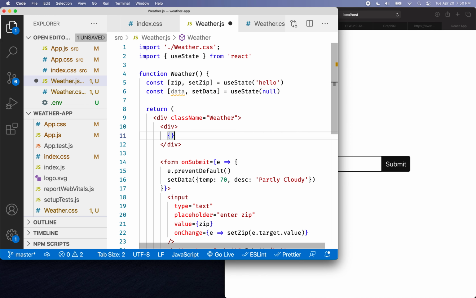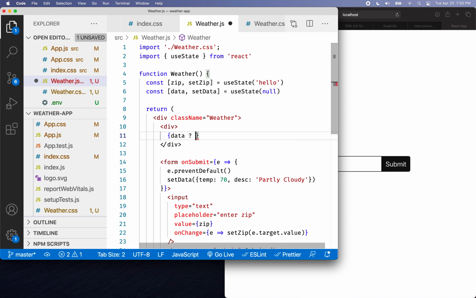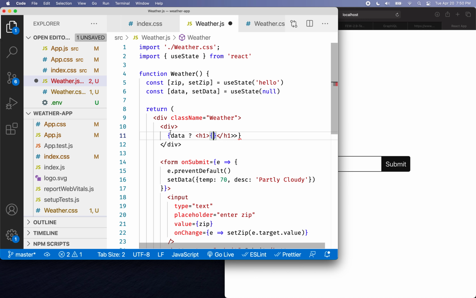So what I'm going to do is put the curly brackets and say data question mark, equals, and then I'm going to put in, let's make this an H1, and this will be the temperature data, right? So if data is not null or not a falsy value, like this question mark is kind of like an if statement, right? They call it a ternary operator, right? So what I want to do is use this to determine if this is null, in which case we're not going to do this thing, right? And if it isn't null, then we want to use the data on it, and I want to grab this temperature variable, right? So we'll say data dot